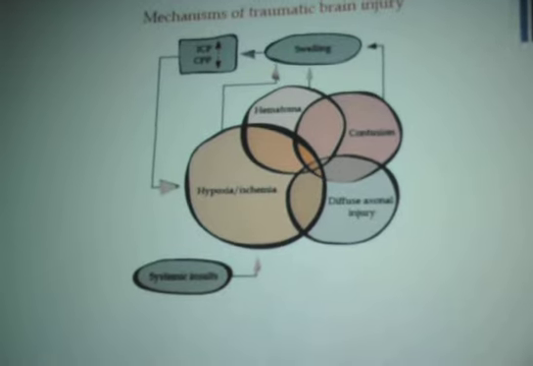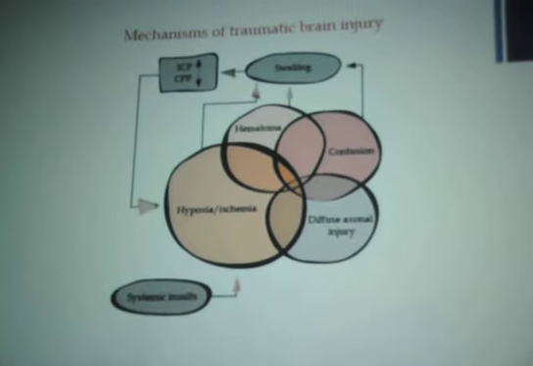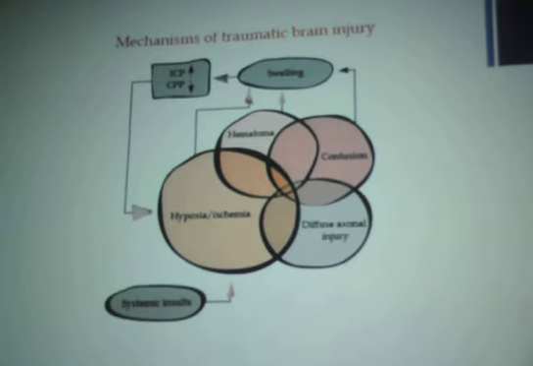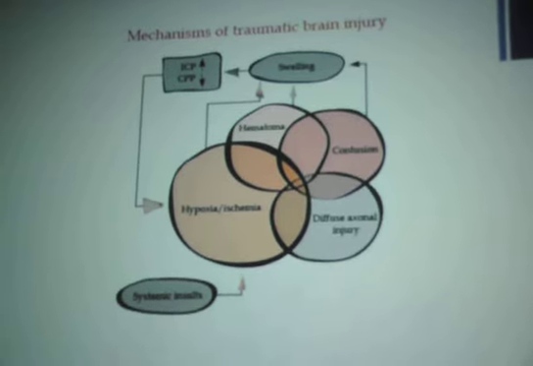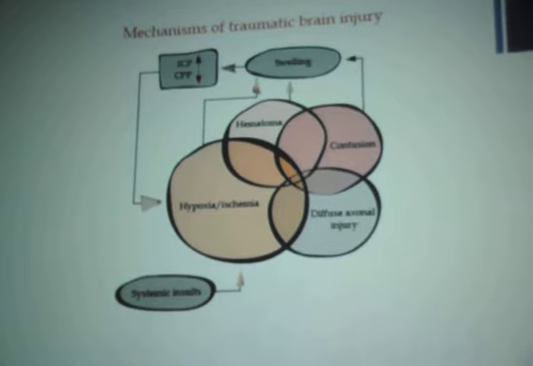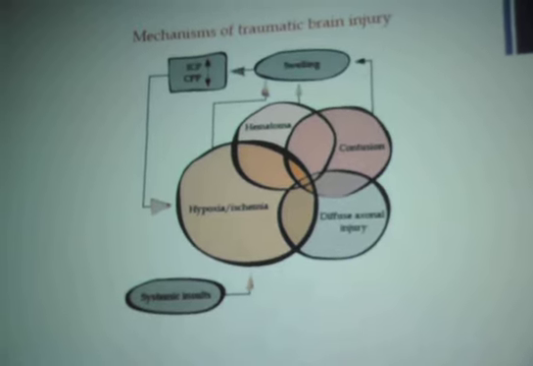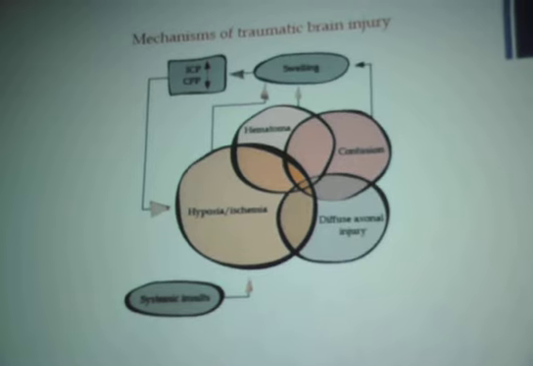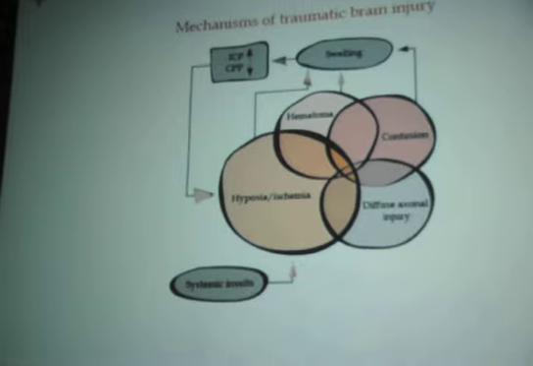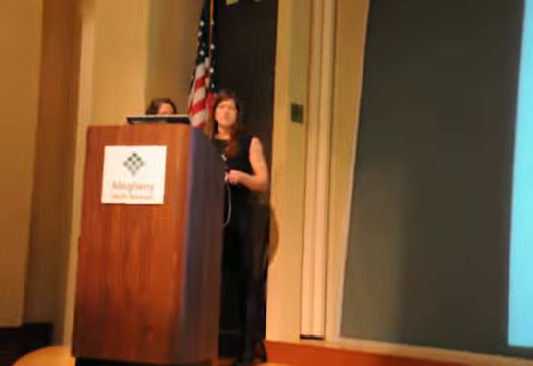And then this is just a little review of some of the concepts we just talked about. Contusions and other closed injuries can cause swelling and increase ICPs, which decreases the cerebral perfusion pressure, and that leads to more hypoxia, and it's like a vicious circle that makes it even worse. And then at the bottom, the systemic insults also add to this process. So now John is going to talk again and focus on some of the systemic insults that can adversely affect closed